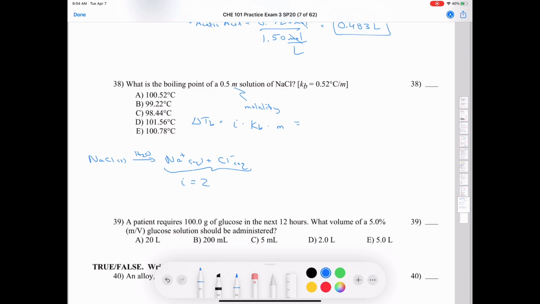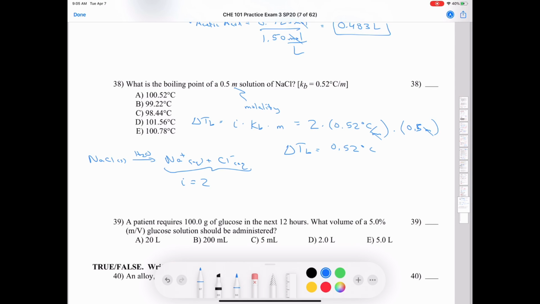So if I plug all this into my equation, I have 2 times the proportionality constant, which is 0.52 degrees Celsius per molal. And I have my molality, which is 0.5 molal. So you can see the molality cancels out. So I have 2 times 0.52 times a half, and I end up with a delta TB being equal to